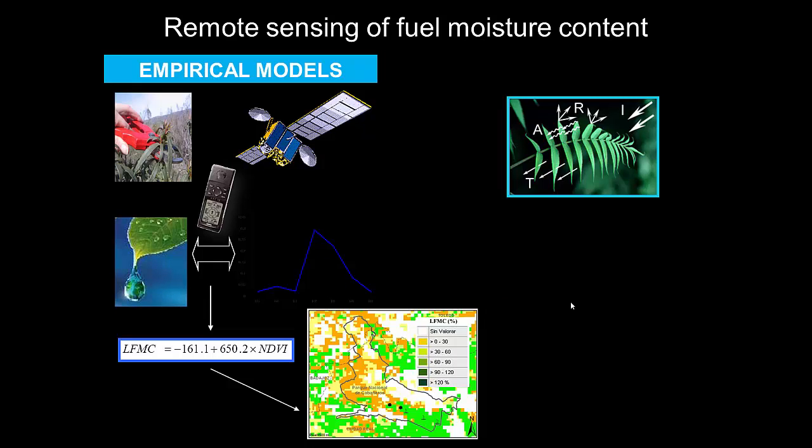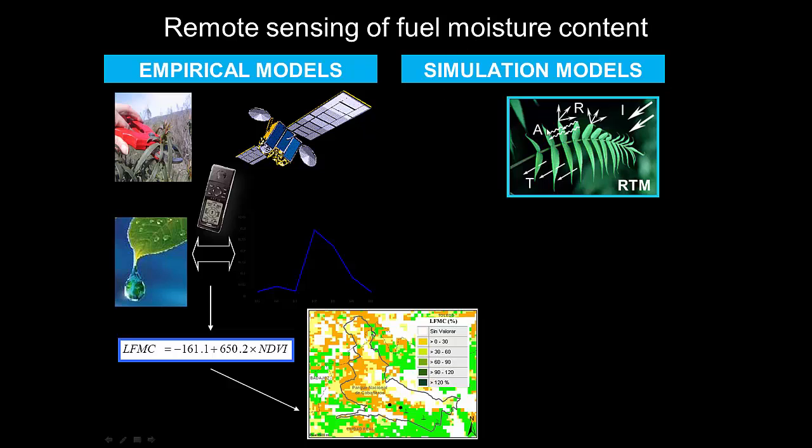The more typical and traditional methods have been based on empirical models calibrated with field observation of moisture content collected on the ground, and then satellite imagery recorded for the very same plots. But recently, radiative transfer models are playing an important role because they have been demonstrated to be more physically based and robust. So as you have listened before in previous video series about radiative transfer modeling, these models